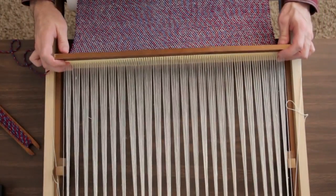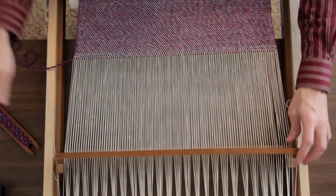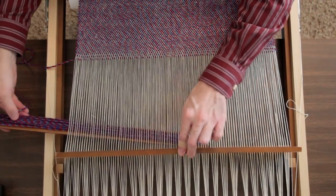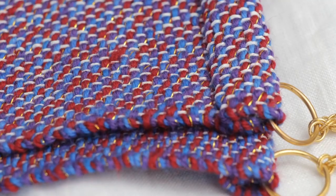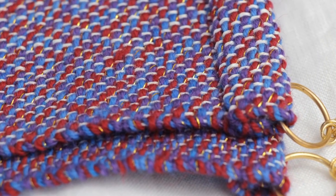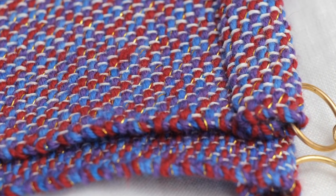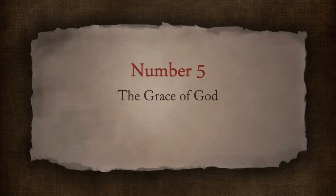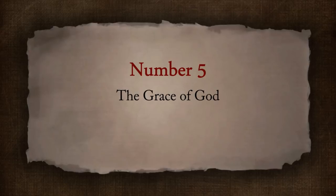Just as the 5 colors were fully interwoven and united into one single piece of cloth, so too the attributes of Christ, typified by each of the colors, were combined into one to demonstrate the saving grace of Christ, the number 5 representing God's grace in the scriptures. Each attribute on its own is powerful, but only when they are all interwoven together is the true power of